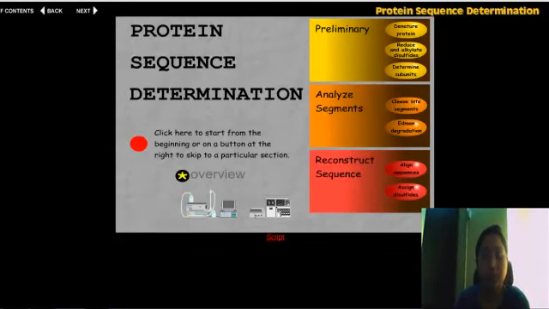Good morning, students. So today we are going to deal with the topic protein, how to determine sequences of a protein, or you can say the primary structure of protein. Before that, I would like to tell you how a protein is isolated and how we proceed towards this. This is a kind of experiment, right? So I'll tell you how to proceed towards this experiment.